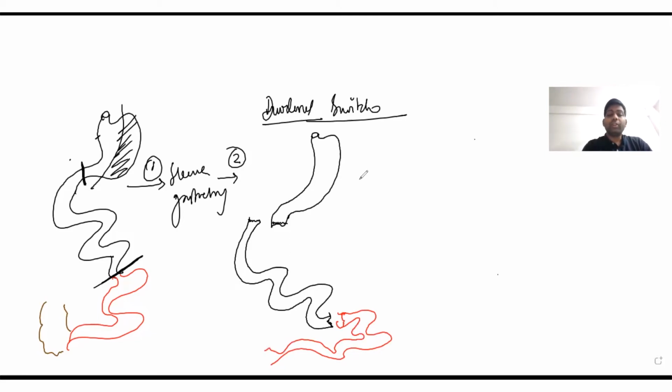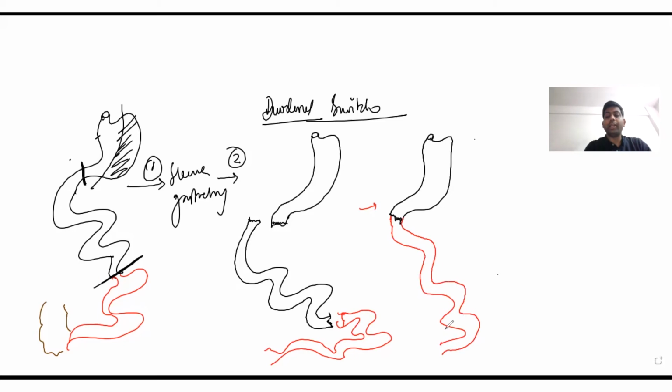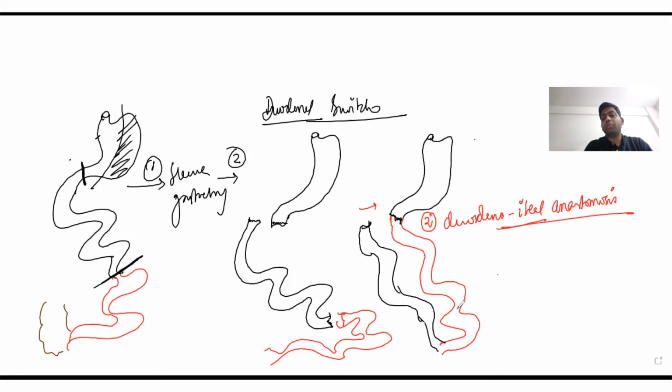So after we have resected at the junction of the first and second part of the duodenum, and we have resected the jejuno-ileal junction, what we do next is anastomosis. The first anastomosis: this is the first part of the duodenum, and we anastomose it with the ileum. So this is the duodeno-ileal anastomosis. All right. The next is we do anastomosis of this duodenal limb with the jejunum, forming a common limb, and this anastomosis is the jejuno-ileal anastomosis. And then we form a common limb here, which goes into the large bowel.